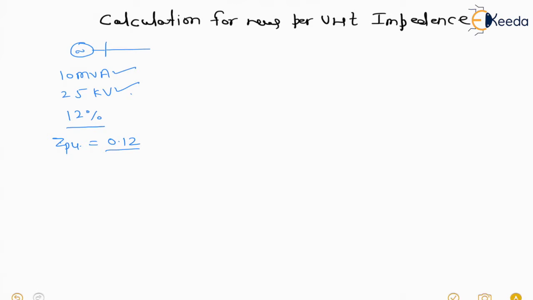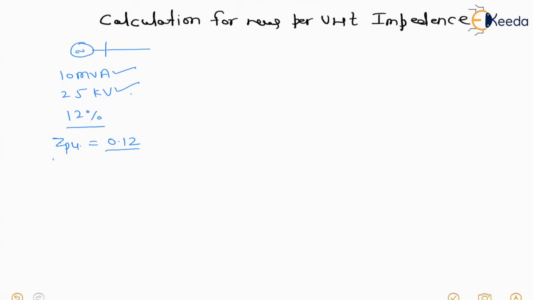If we change the base power and base voltage, the Z base value will change, and when Z base value changes, the Z per unit value will change. Let us understand in detail.